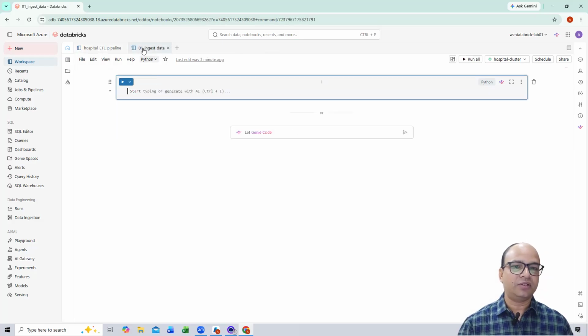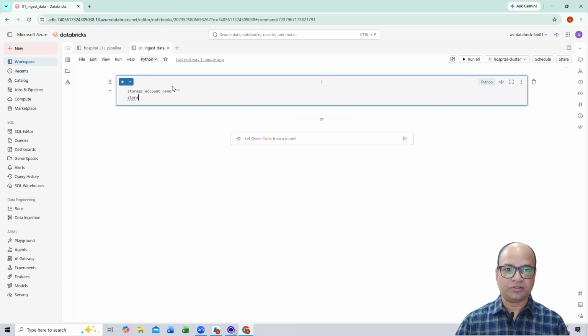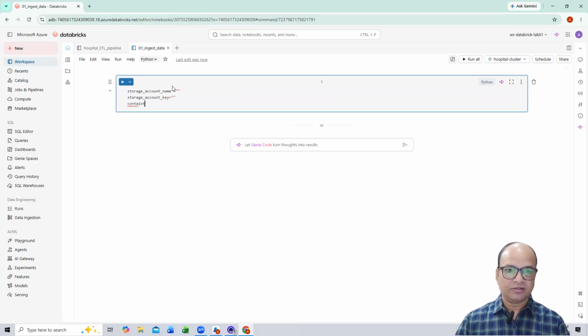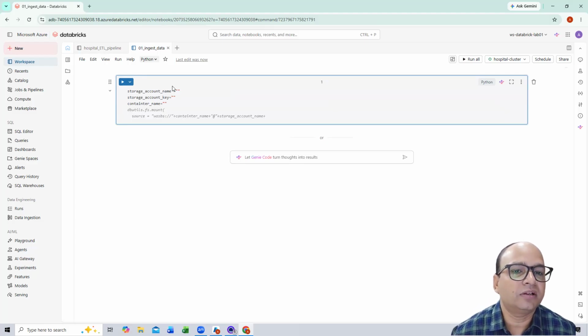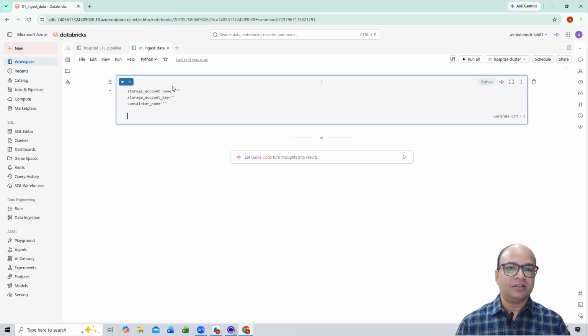Okay, that runs. Okay, now here, so the first thing is storage account name. So let's say storage account name. This variable will hold that. Then storage account key or ID, whatever name you want. This is just a variable name, right? I just gave the name so I can understand what this name actually means, right? So this will hold my container name, and when this is done, then we will